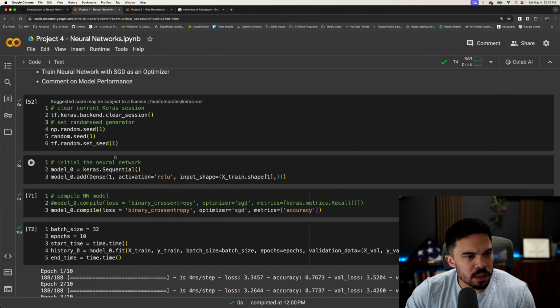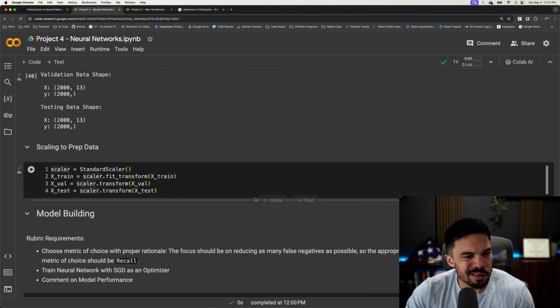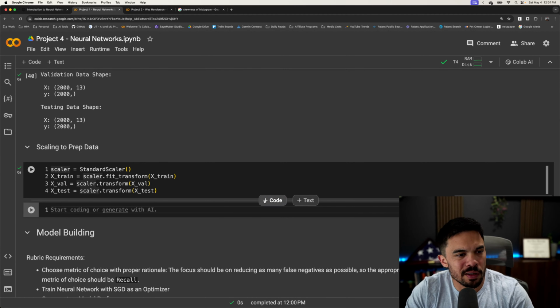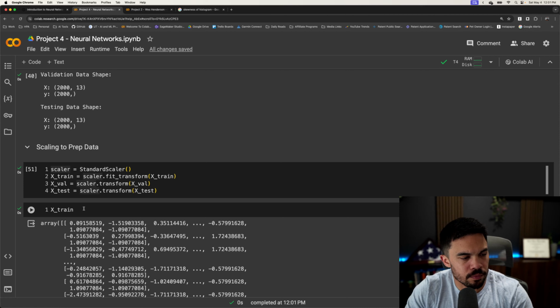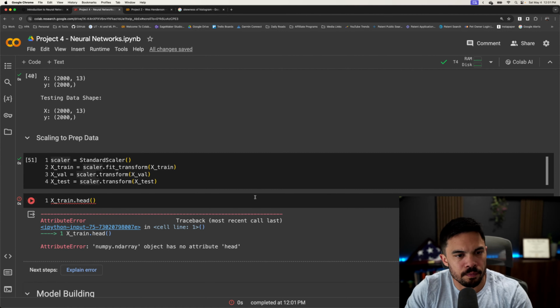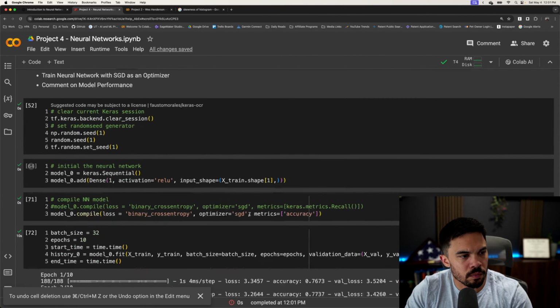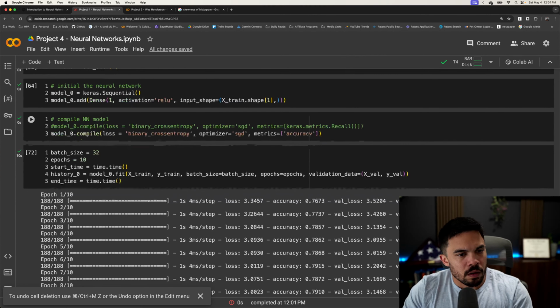What I'm worried about is, did I do the standard scaler correctly? Like, what does X train even look like after that? X train. Sure. That's not going to work because it's not a data frame. Okay, so